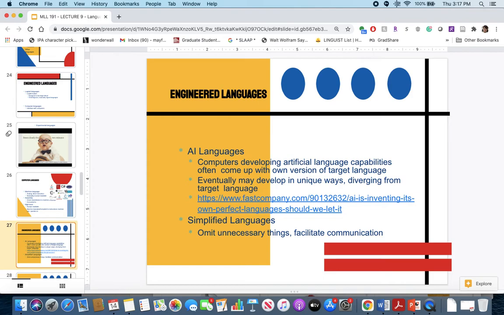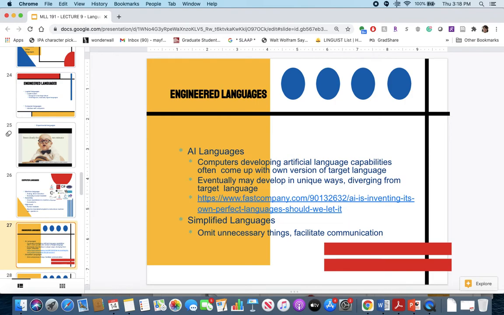So, as far as artificial intelligence goes, computers developing artificial intelligence could create their own language. I know that there have been some reports of some artificial intelligence creating their own languages, although I think those reports have been debunked. But this is a good question to consider for the future. Like, what if computers develop their own language that makes it difficult for humans to read? This would be very different.